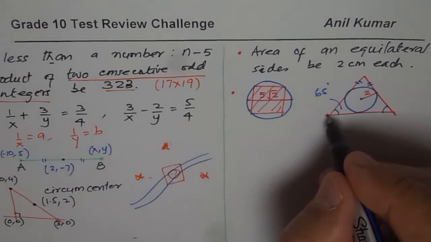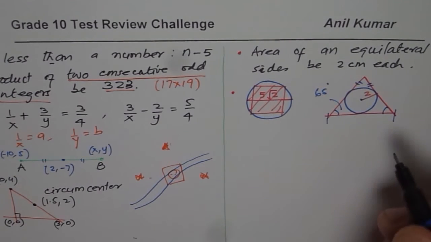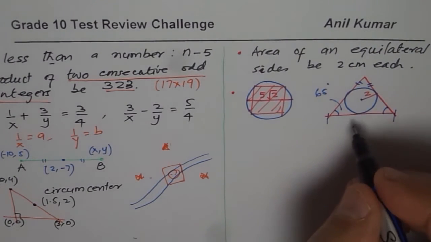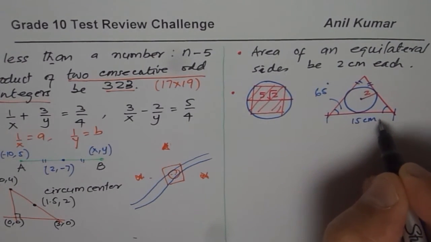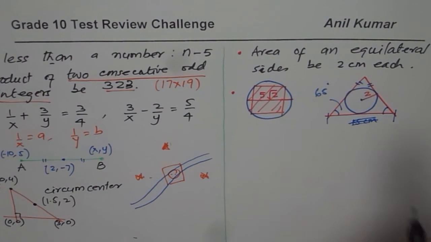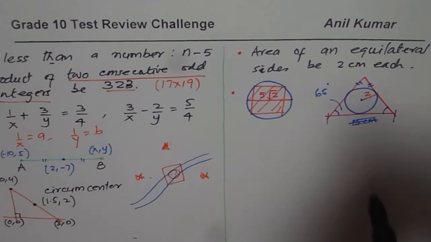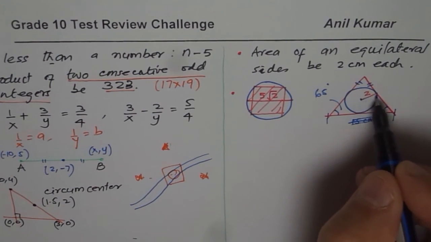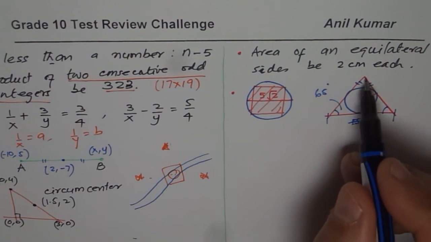And I also give you the base of this. Okay, doesn't matter. If I give you the base also, let us say this is 15 centimeters. Oh no, it could not be. Well, we'll have to work it out. It could be some other thing. I don't have to, since I have given you this. That is not required, so I won't give you. Perfect. So what I give you really is the angles here and the area, and I say find the area